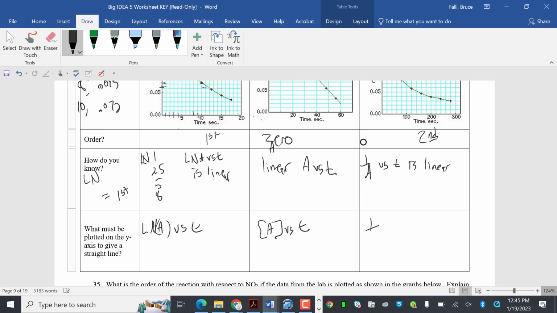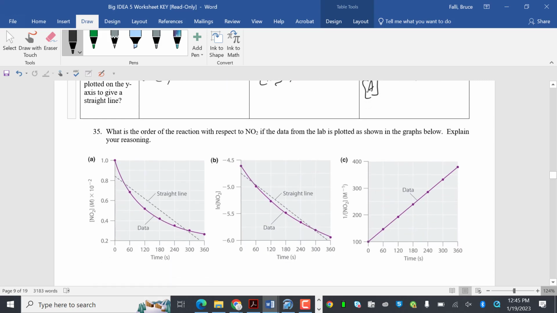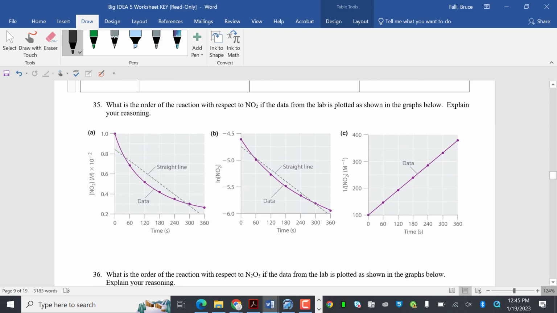And this is 1 over A versus T. So you can tell that these two are pretty much the same. What is the order of the reaction with respect to NO2 if the data from the lab is plotted as shown in the graphs below? Explain. So this right here tells us that 1 over A versus T is linear. So it's second order